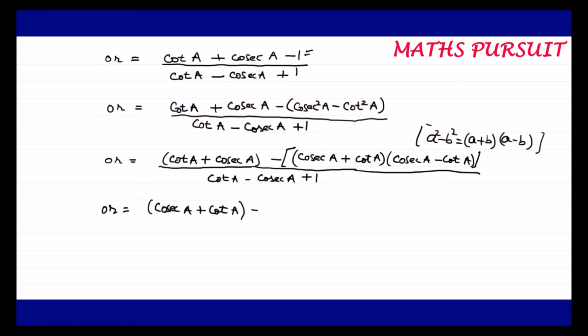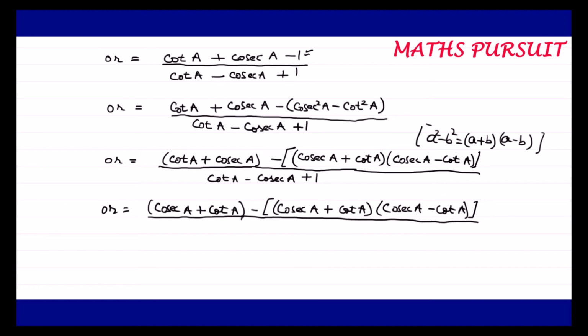I believe we know we can replace this if there is plus or minus, and accordingly we need to replace the symbols also. So this will be written cosec A plus cot A into cosec A minus cot A. So you will understand why I rearranged this equation. In this step I only rearranged that cosec A and cot A. I am not doing anything else in this step, and the denominator I will keep intact. I will not change anything in the denominator at this point of time.